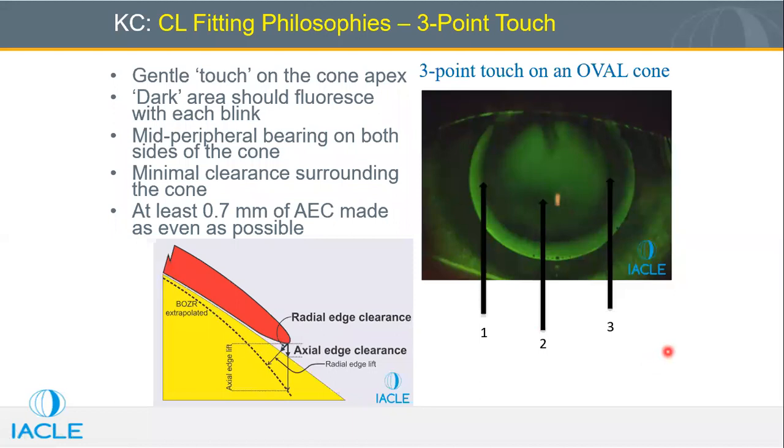And a good topographical examination also can help you to identify the steepest part. So this is a kind of very acceptable fitting where you are seeing a very minimal touch at the center, at the apical point, and then there are two peripheral touches. So this is the aim of contact lens fitting. So contact lens fitting आप जब भी करते हो तो you want this kind of appearance.